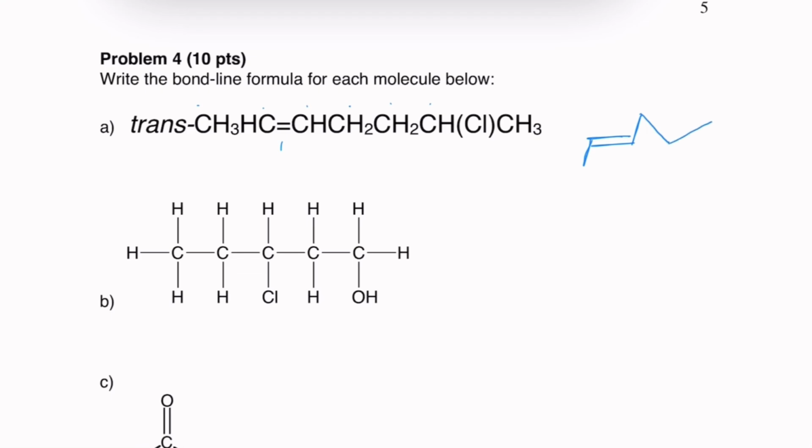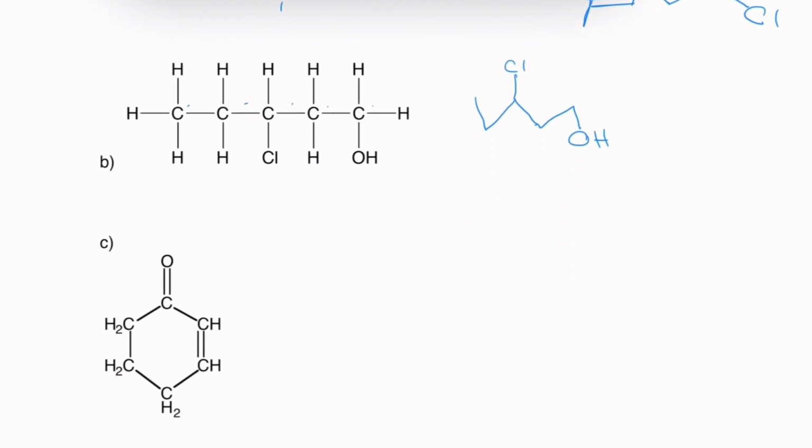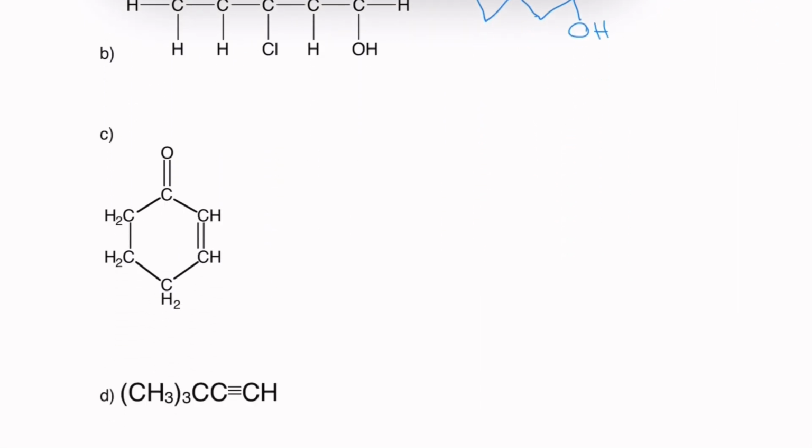I would start with this first one by drawing the double bond, and since it's trans, you should know it's going opposite directions, and you should always draw them kind of up and down, because these things like being as far away from each other as possible. I honestly suck at drawing these, but you still get the good grade even if you draw it badly, just so you know. Just have the correct number of carbons, count them out, and